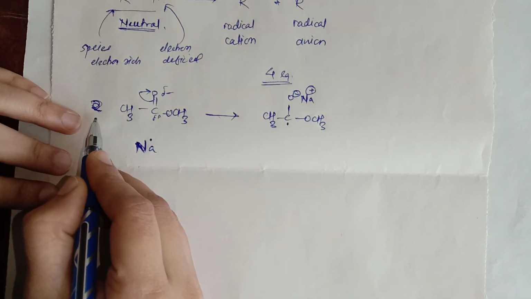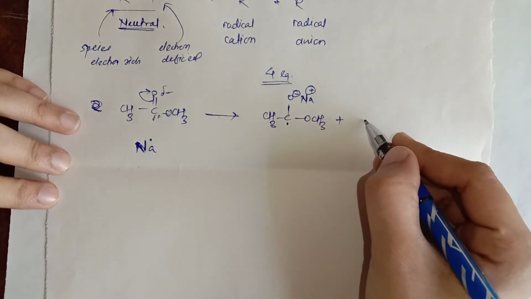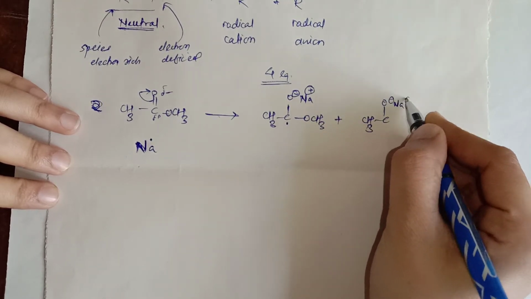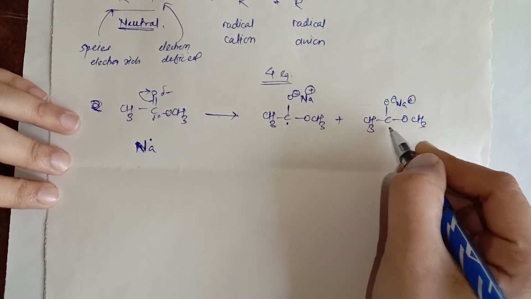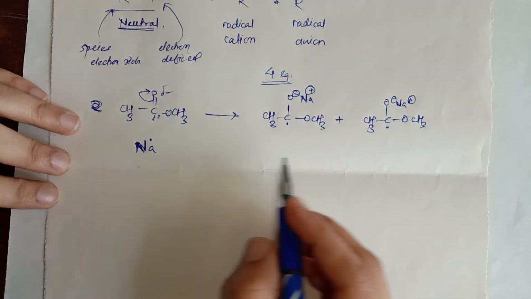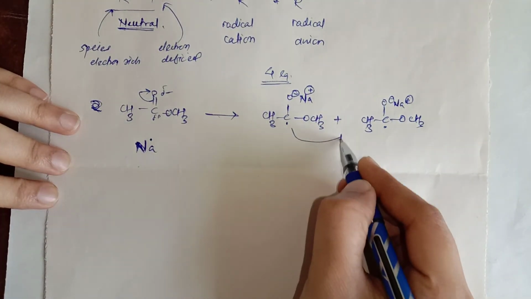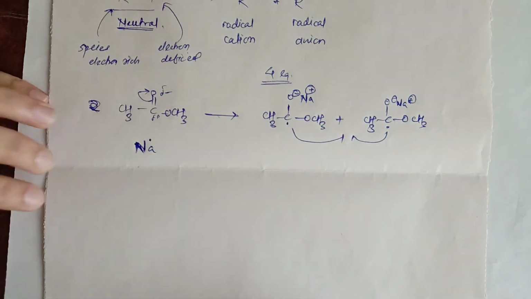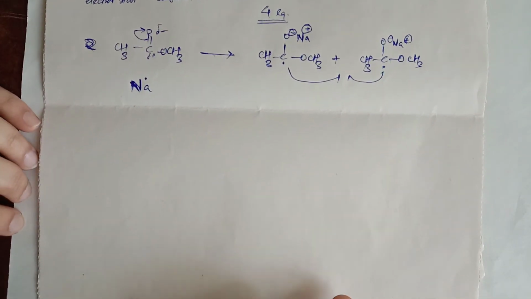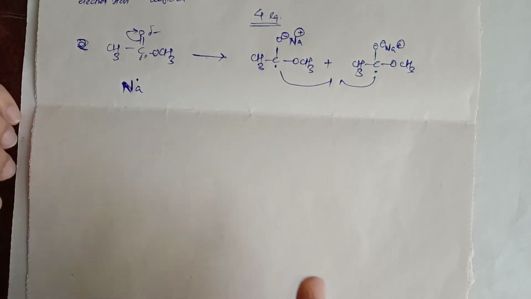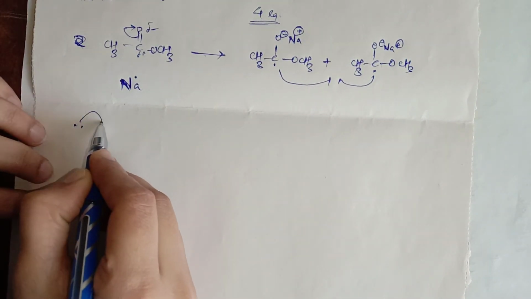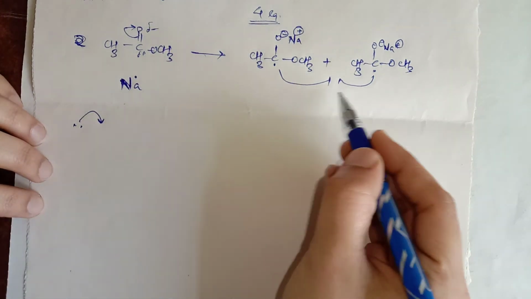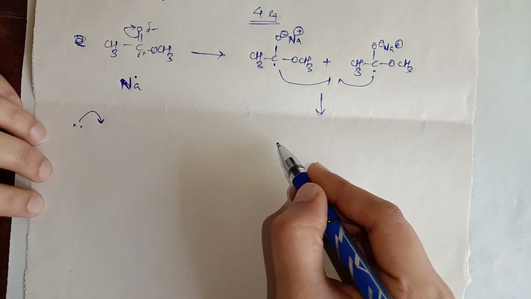Now we have 2 molecules, so the second molecule will also be there, CH3CO minus Na plus OCH3, and here is a radical. Now you can see these 2 radicals will make a bond. Here I am writing a single headed arrow. For a radical transfer, one electron transfer, you should write a single headed arrow, and to show that both electrons are traveling, you have to show a double headed arrow.